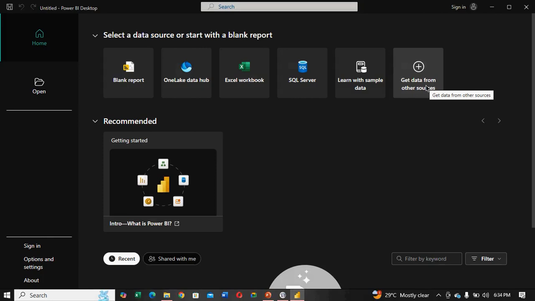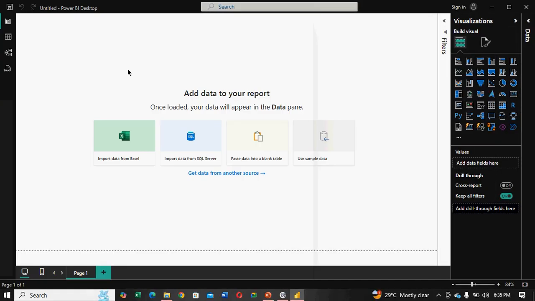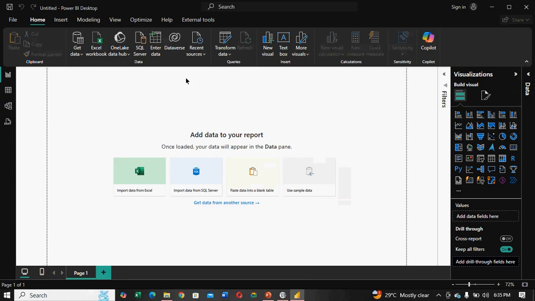Do I want to connect to a source? All of these options that we have here, in Excel we have options and settings, sign in, and all of this. It's still the same with what we have in Microsoft Excel. Nothing changed about that. So if I just click on my blank report, I will see this open to me.